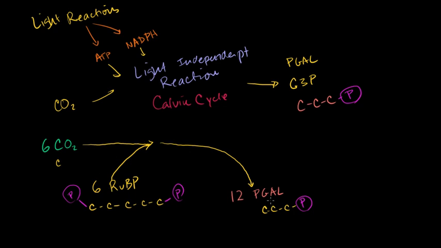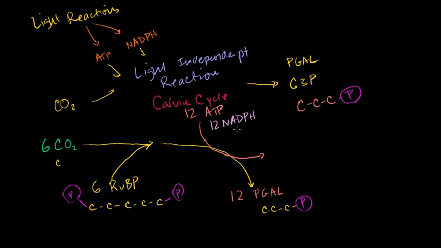Now, the bonds or the electrons in this molecule are in a higher energy state than the electrons in this molecule. So we have to add energy in order for this reaction to happen. This won't happen spontaneously. And the energy for this reaction, if we use the numbers 6 and 6 here, is going to come from 12 ATPs. So you could imagine 2 ATPs for every carbon and every ribulose biphosphate, and 12